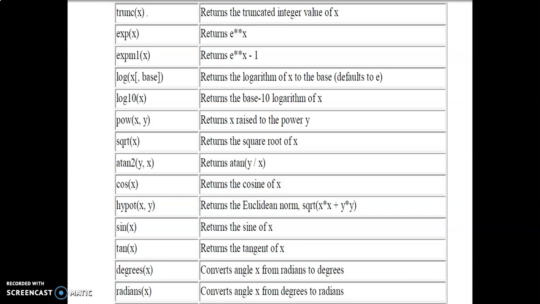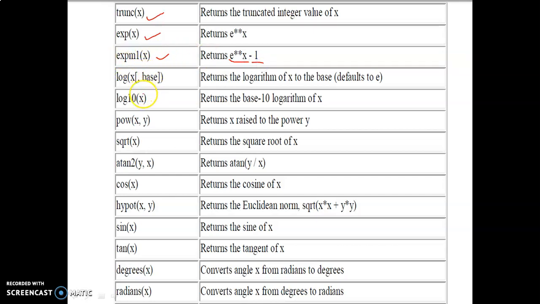It returns a truncated integer value, that is, it will be rounded to the nearer value. Whenever you convert a float value into an integer value, the value is truncated. And exp of x gives us e power x value. And expm1 returns us e power x minus 1.